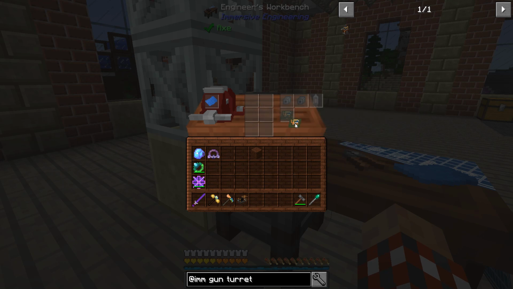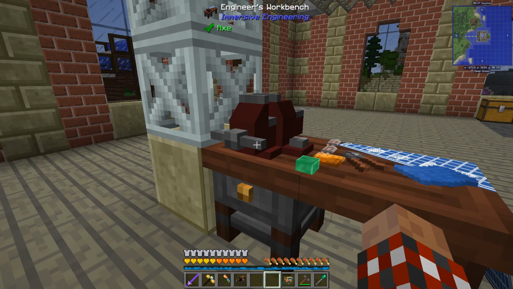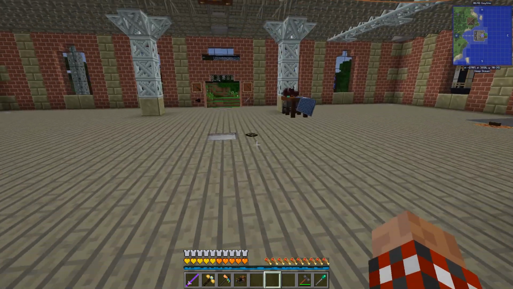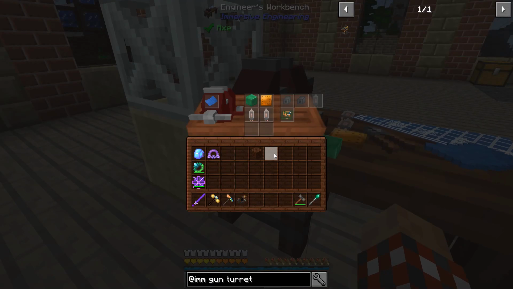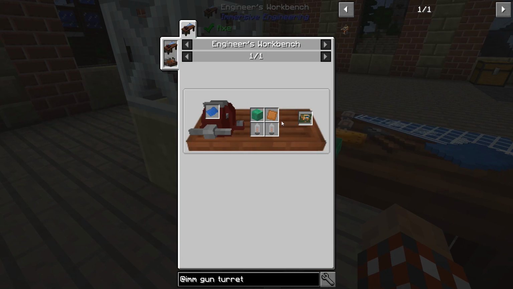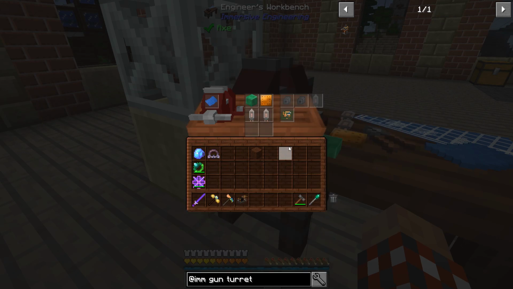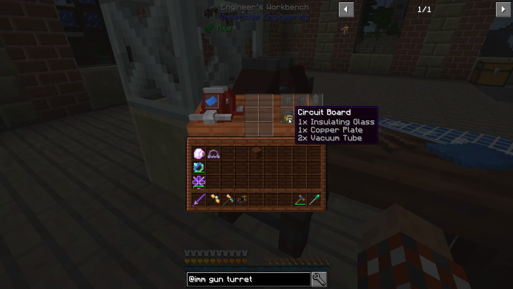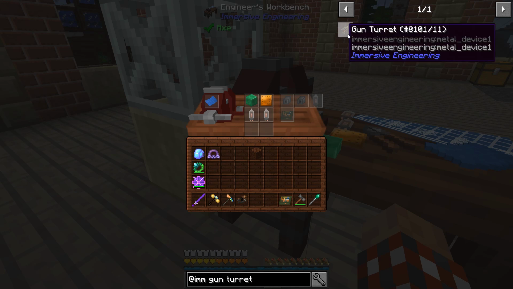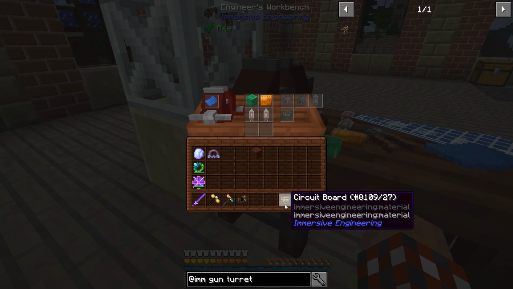Gimme. Why gimme? There we go. I had to kind of shift click it in. Hey, give me that back. Let's look at it. Circuit board, insulating glass, copper plate, vacuum tube, circuit board. Oh, unless that's an item that I can't make on the server. That would be very nice if I could, but maybe that's...